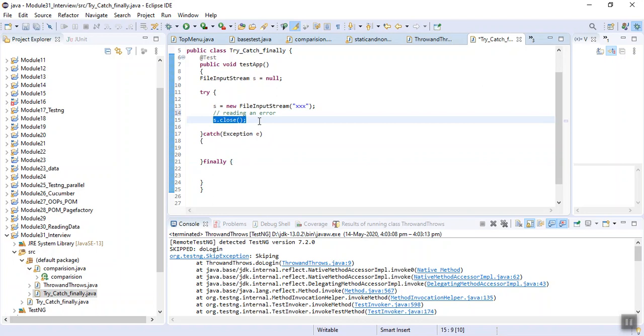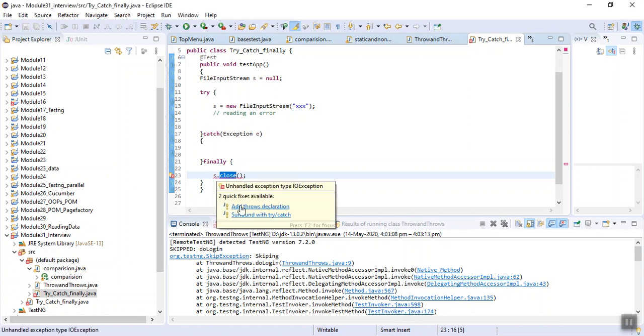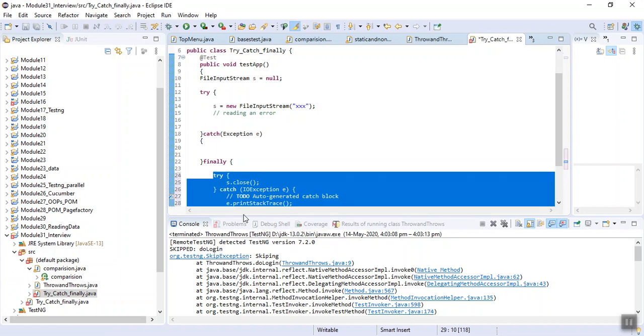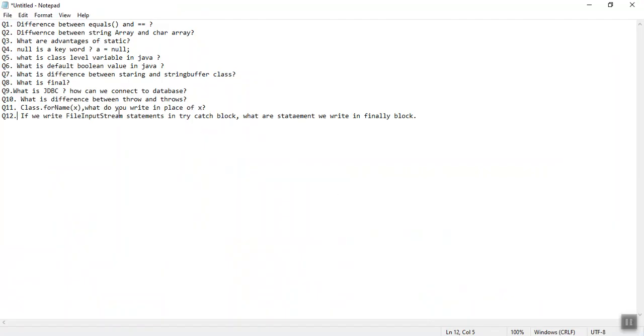So I put file.close in my finally section. We need to keep this also in a try catch block because it throws, as I have explained in my previous interview question. So the answer to our question is that for a file input stream, the finally block will always have close.